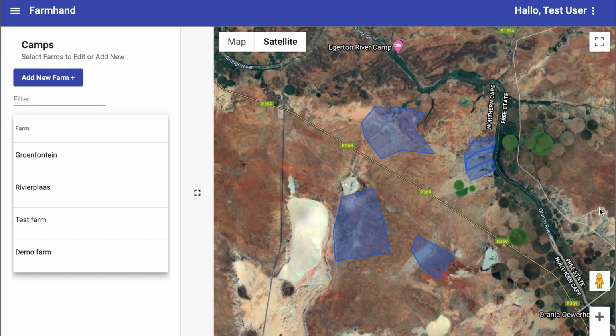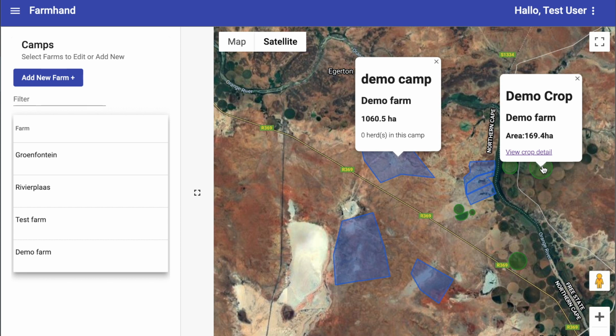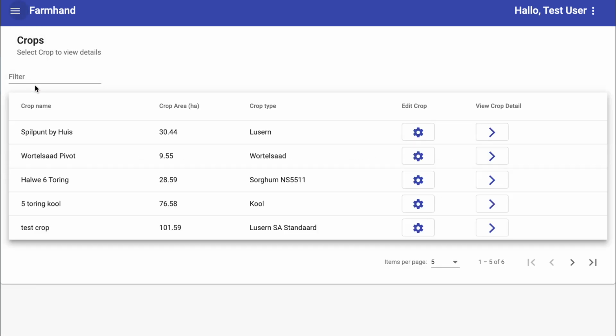To view the camp and the crop that you just created, you can click on each and the details will appear. The name of the crop, the farm it belongs to, the amount of hectares. To view crop details, you could click on View Crop Detail, or you can go to the menu, Crops, go to the crop you just created,